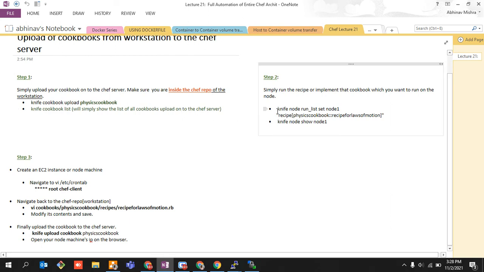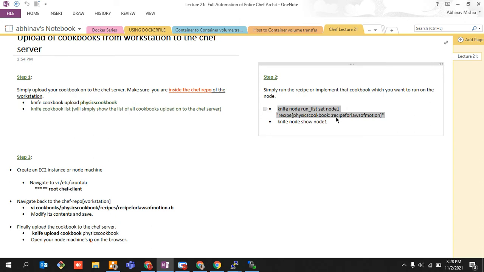In order to make your node machine understand which recipe it's going to run, you need to set it onto the run list, using this particular command. If you specify it in the run list of your node machine, it will simply understand that if any update is getting performed onto my run list, I'll update myself, right?